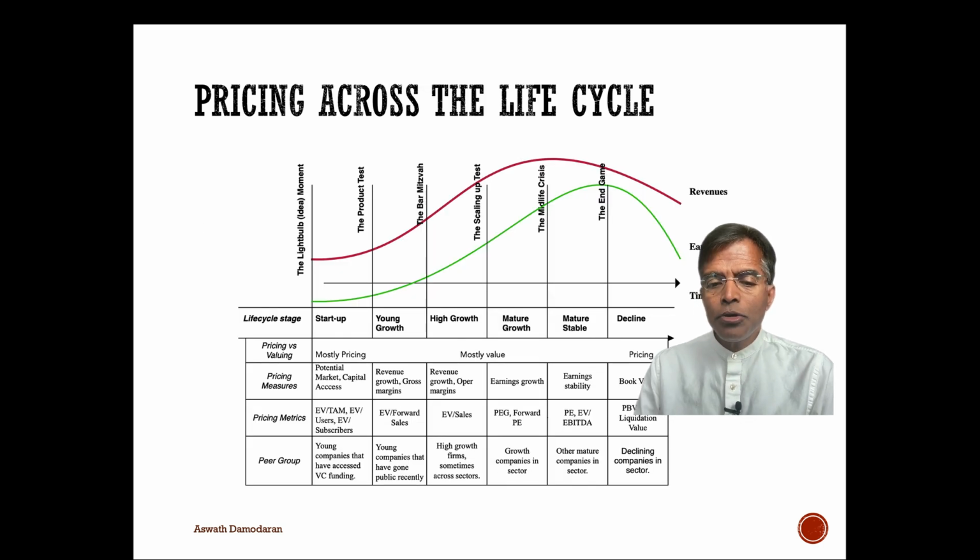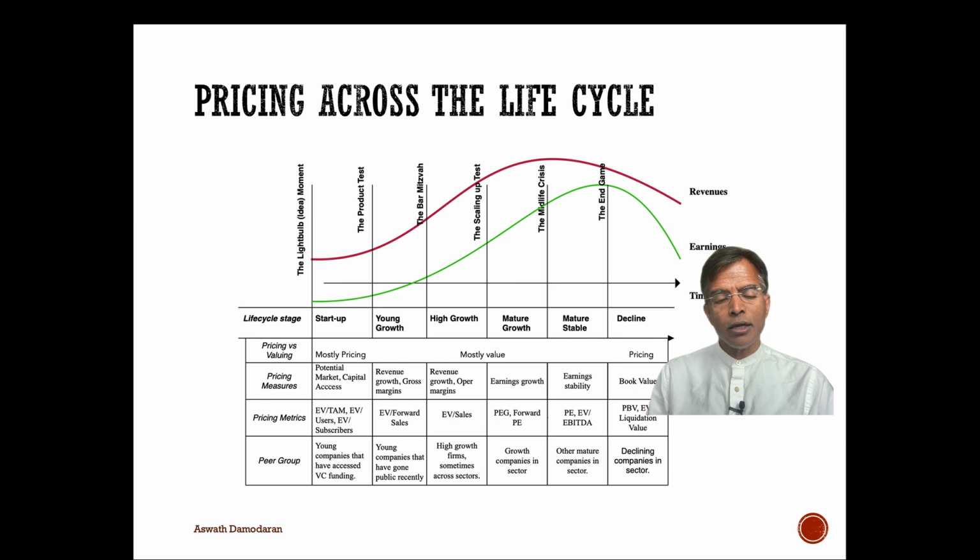So let's talk about pricing across the life cycle. Early in the life cycle, you're going to see companies priced relative to potential markets. Why? Because you have nothing else. You have no revenues, no earnings, no cash flows. You might divide the price and the market cap of a company by number of subscribers, number of users. You're trying to come up with some scalar. So you're going to see pricing metrics that reflect the fact that you have a very young company. Okay? So it could be total addressable market, number of users, number of subscribers.